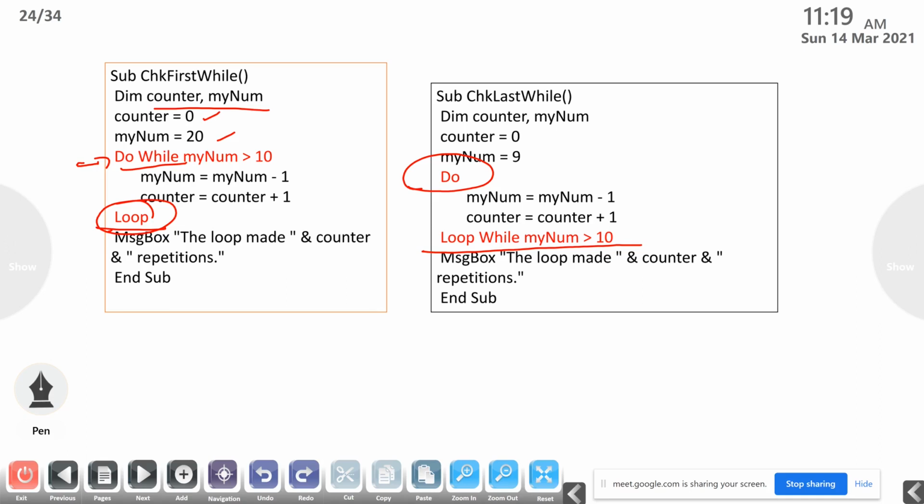Entry controlled loop means before entering into that loop, it will check the condition. Exit controlled loop means it will check the condition in the last part, the exit part. So these are the two types of loops, Do While loop and Do Loop While.